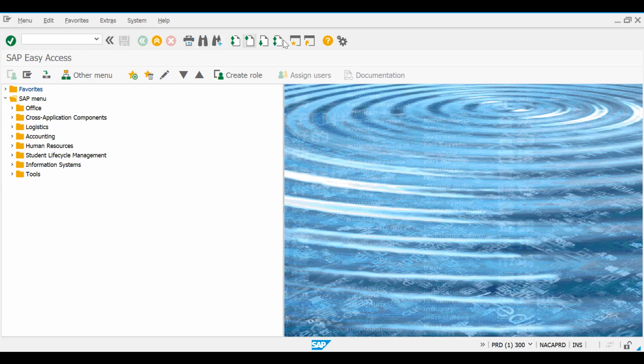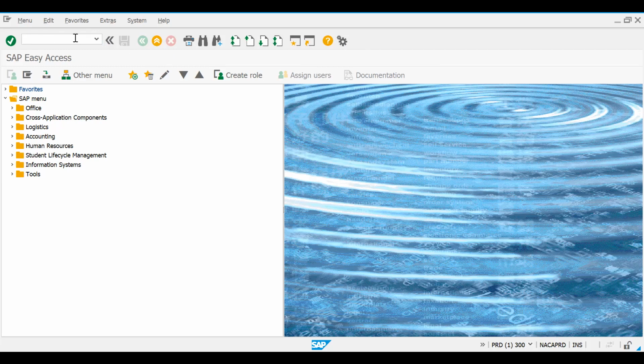Now on the toolbar here, you have customize local layout, generate shortcuts, first page, last page, and so on and so forth. You have your find next on the toolbar, log off, cancel, and back on the toolbar. And we also have the command line on the toolbar. Now, this is the command line here. In this command line, this is where you input your transaction code.